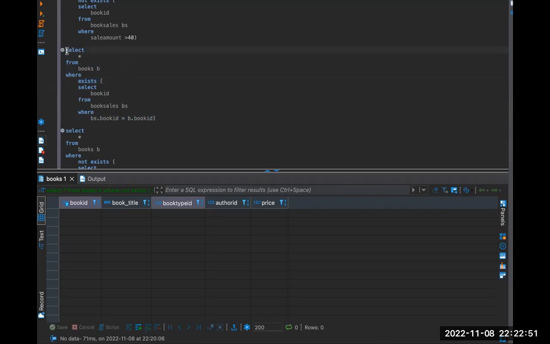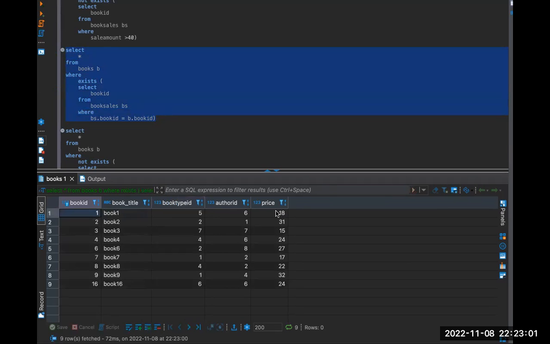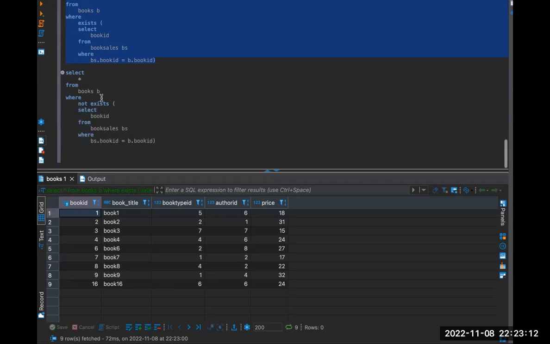So this SQL works pretty similar to a join condition, because if you execute it, it displays all the books which have at least one sale. Now coming to not exists. It works exactly the opposite of this. In this example, we are trying to display all books which did not get sold. So if I execute this SQL,